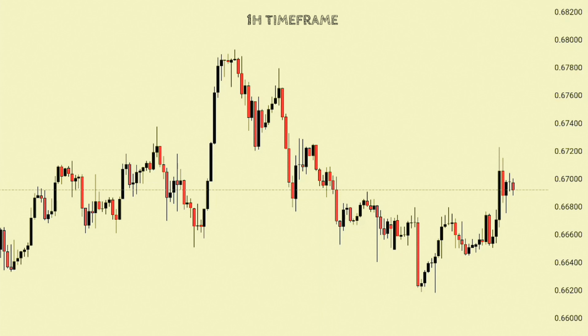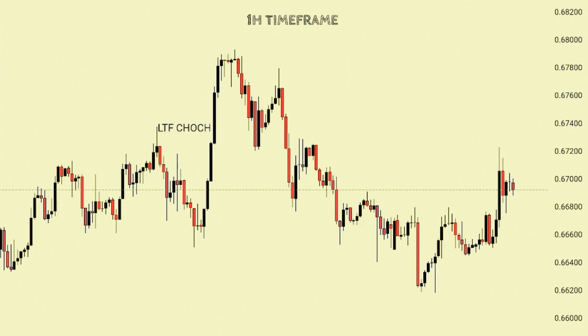Finally, we will analyze the mitigated point of interest and understand how price delivers efficiently into sell-side liquidity using institutional logic, not indicators. Low time frame change of character is the first sign that the market is losing its previous